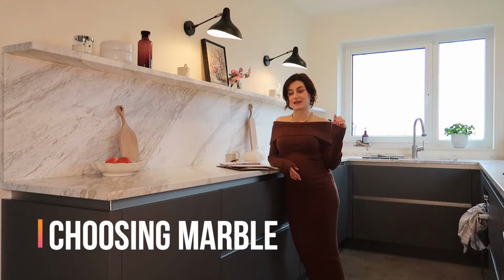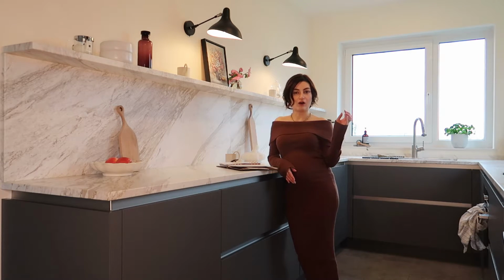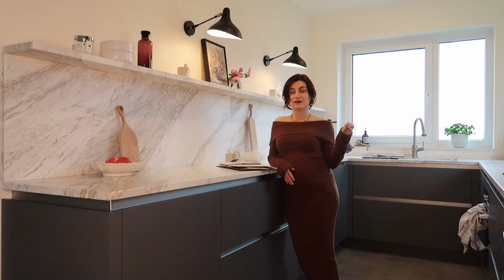So first things first, as far as I know, the marble that we used over here comes from Greece and it's called Hadrian. We went to a hall where they had tons of different natural stones, big slabs, and you could make a choice on your own or order particular marbles, but we decided to go with something that we would see with our own eyes, because despite knowing particular marbles that I really love, like Calacatta Viola or Calacatta, generally the family of the Calacatta marbles, I was scared that if we ordered it,